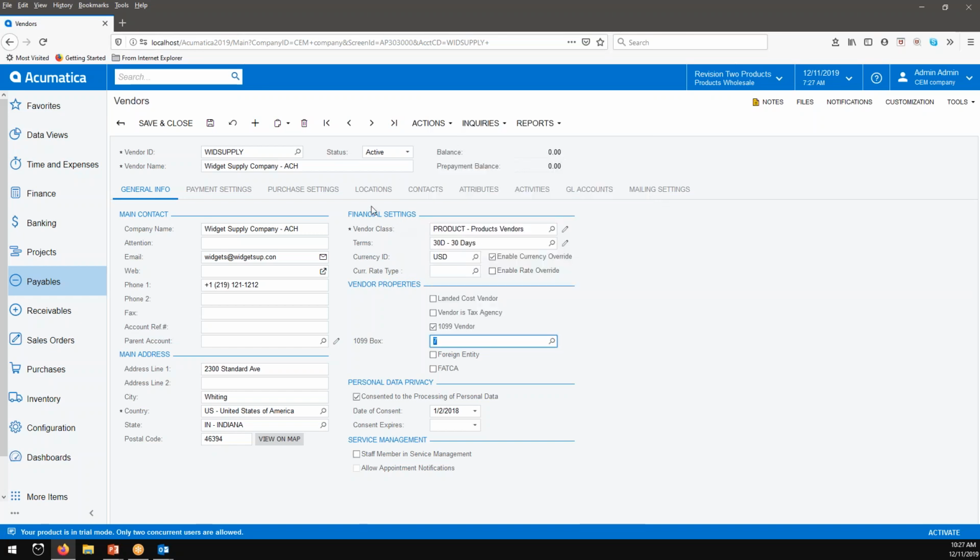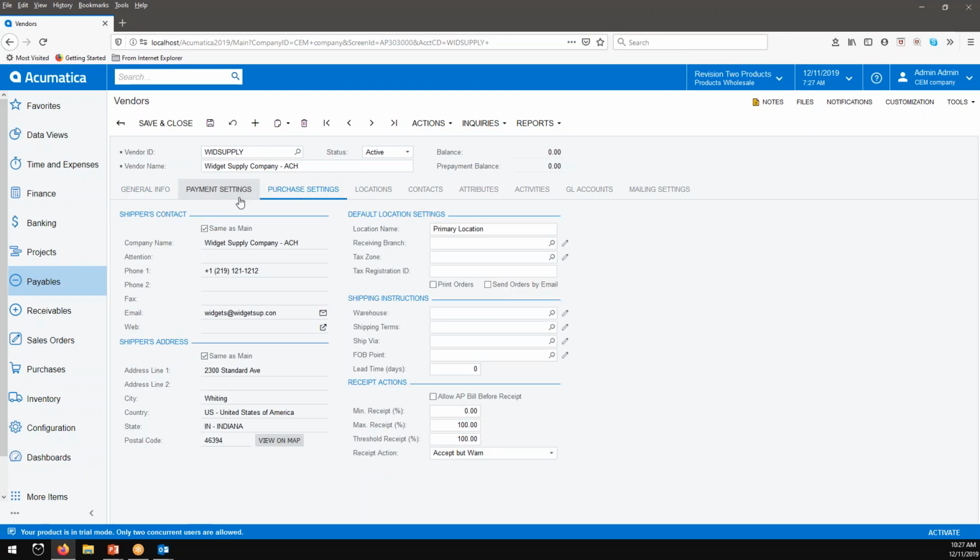The trick here is that when you get to entering your actual ID for that person, you have to go to your purchase settings tab, and right in here under tax registration ID is where you would go ahead and add your